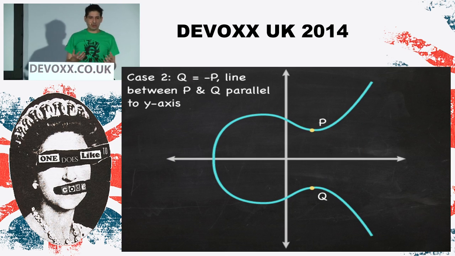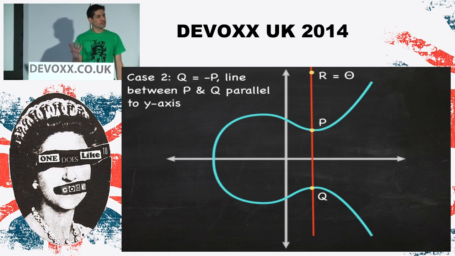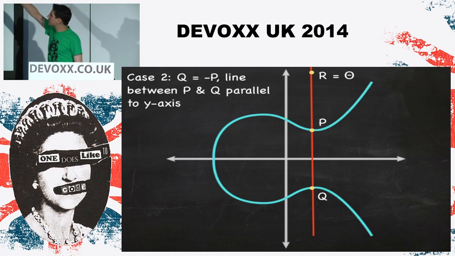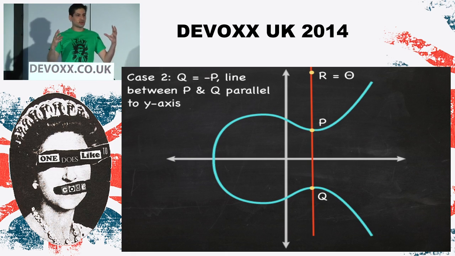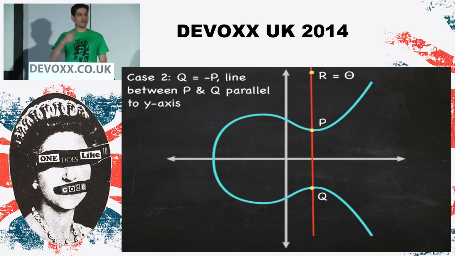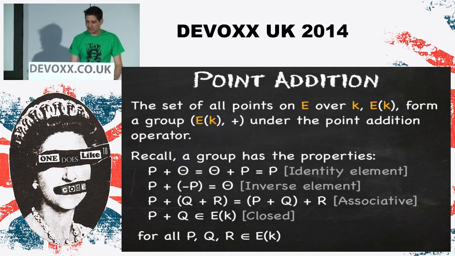And finally, the weird case I was talking about, which is where they form a vertical line. So what we do here is, remember I said there's a point at infinity? R equals infinity up there. So that's how we make sure that this set is closed. Any of the lines that don't end up projecting back on themselves point to infinity, which isn't in our set of numbers, so the field is closed.